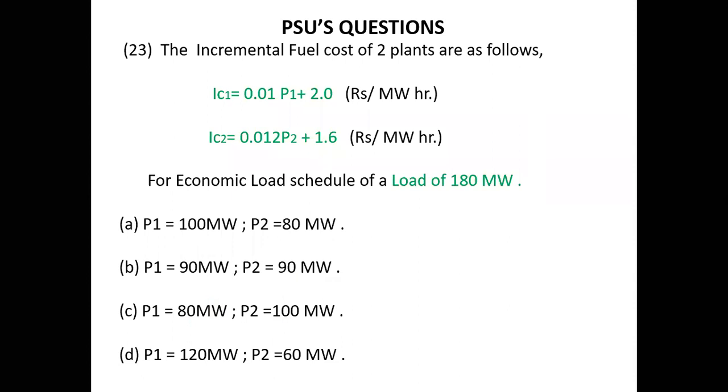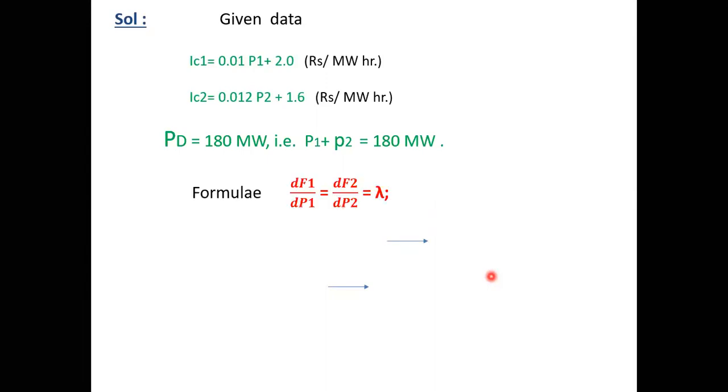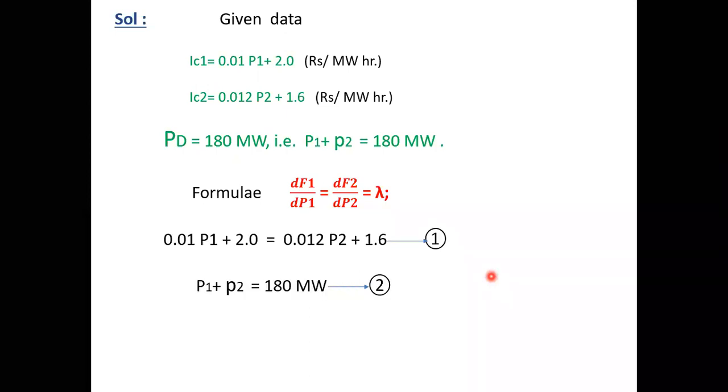Okay, then we'll go for one more PSU bit. Of course, you can calculate the same problem in a conventional manner. In the conventional manner, take IC1 and IC2 and equate these two. P1 plus P2 equals 180 megawatts. You will get one equation, and you will take one more equation from the power balance equation. Try to solve these two equations. You will get P1 and P2. This is the conventional procedure. So you need to choose this procedure from the university point of view. But when you are doing it for PSUs, by seeing the given example, you must be able to guess the answer.